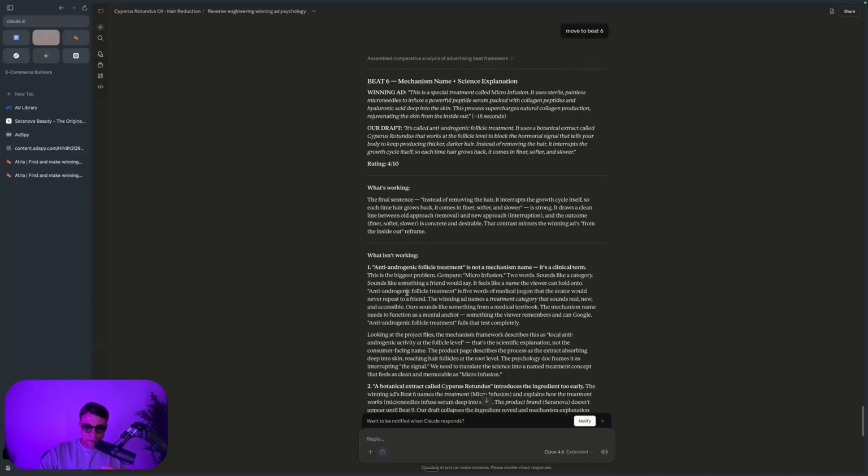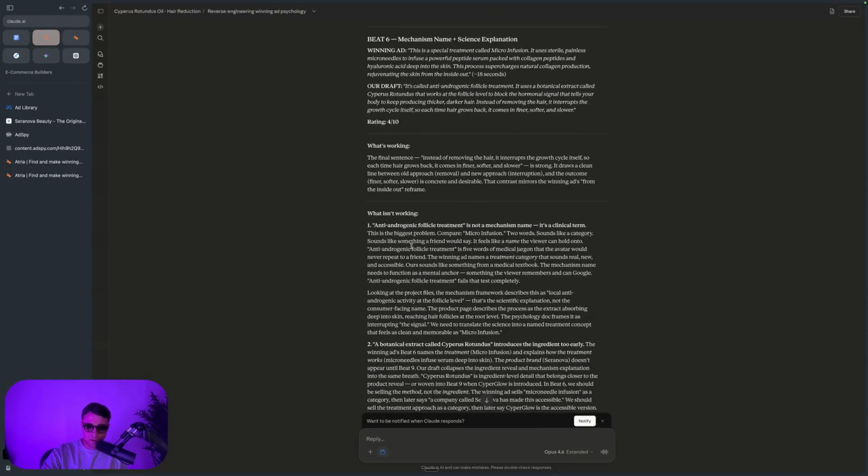So we have what isn't working. Anti-androgenic follicle treatment is not a mechanism name, it's a clinical term. This is the biggest problem. Compare microinfusion, 2 words. Sounds like a category. Sounds like something a friend would say. It feels like a name the viewer can hold on to. Anti-androgenic follicle treatment is 5 words of medical jargon that the avatar would never repeat to a friend. The winning ad names a treatment category that sounds real, new, and accessible. Ours sounds like something from a medical textbook. The mechanism name needs to function as a mental anchor, something the viewer remembers and can Google, and that fails